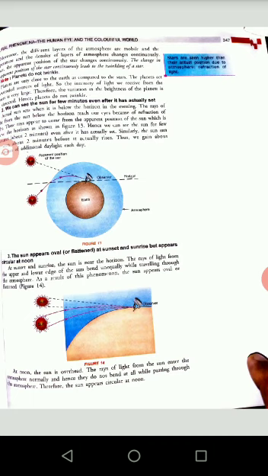Similarly, the same case is in the sunrise. The sun can be seen about 2 minutes before its actual sunrise. Thus we get about 4 minutes of additional daylight each day. This is the reason that the apparent sunrise and the actual sunrise have a time difference of 2 minutes.